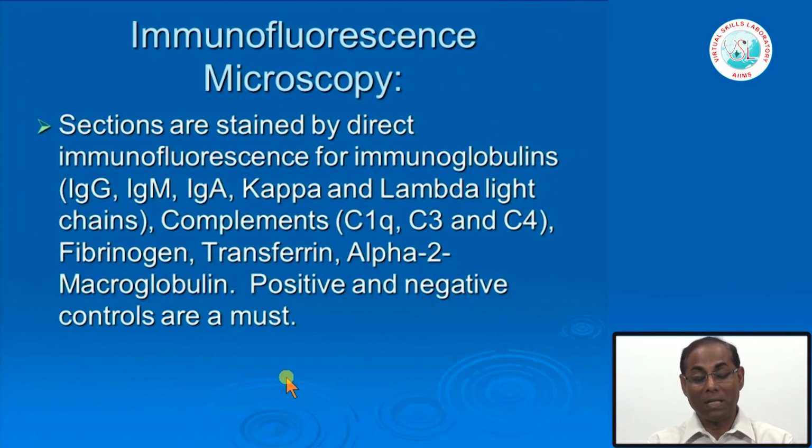Then we also try to see whether there is activation of the classical pathway of the complement system or the alternative pathway. So, for the classical pathway we do C1q, and for the alternative pathway we do C3. Sometimes we also do C4, but not routinely. So, these are all different complement components. This helps us to understand the way the complement system is getting activated. And sometimes we do fibrinogen, particularly if there is acute inflammation in the glomeruli, there is a lot of fibrinogen positivity. Rarely we do others like transferrin, but these are the main things you should remember.